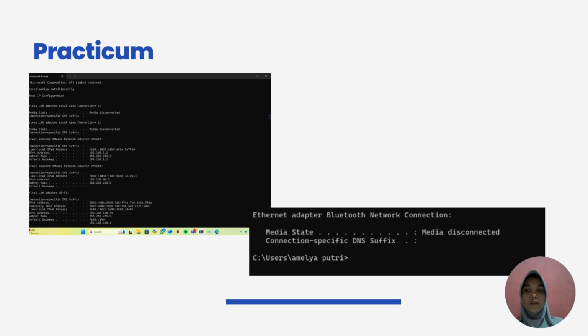The first step, we open command prompt on the laptop. After that, we will find out the local IP that we use by using the ipconfig command. By running the ipconfig command, we will know the MAC address, DHCP, DNS, and lease time on DHCP.